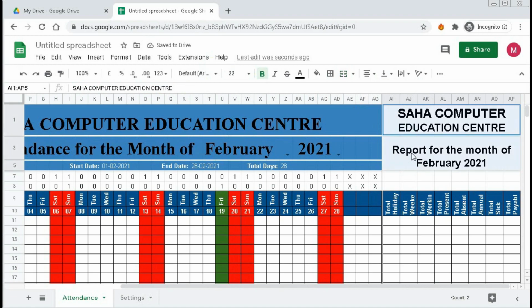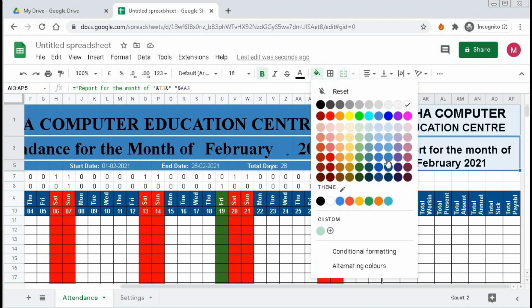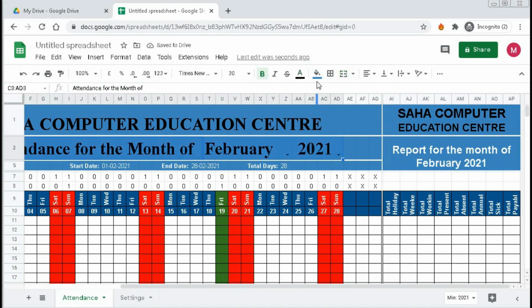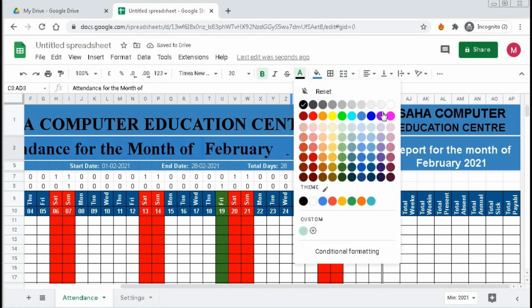Select this cell and this cell and give it a formatting, and this cell with white, all these three cells with white.